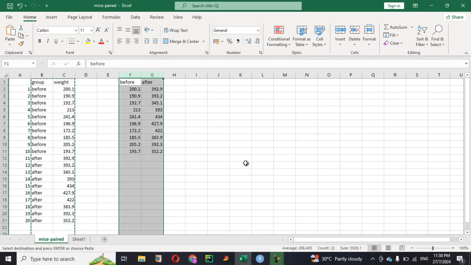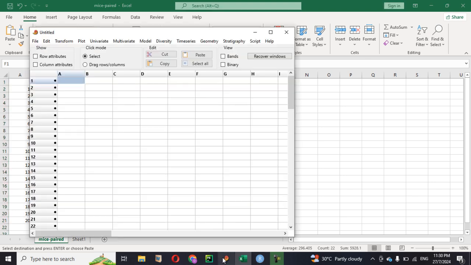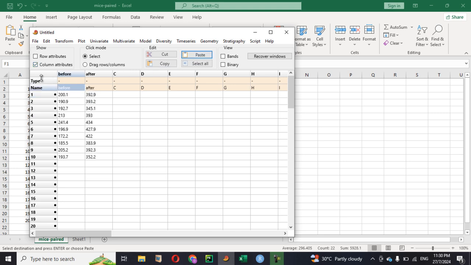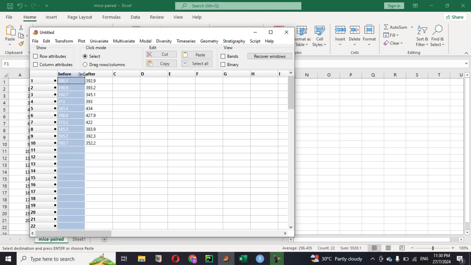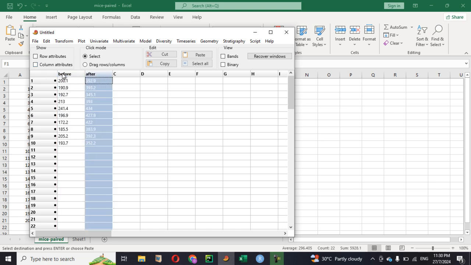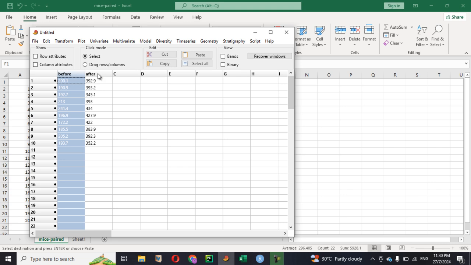In Past, it recognizes the data to be separated. So it separates the data. We click here and we paste here. All right, paste. So remove this. So these are the two things we need in Past to do that. So we can also use this one to do the